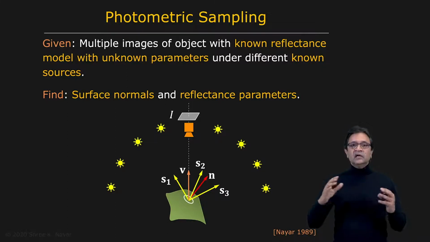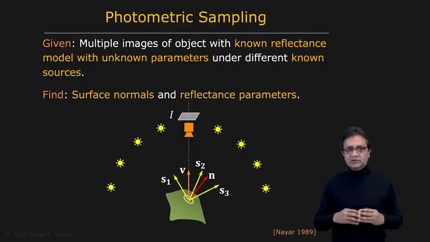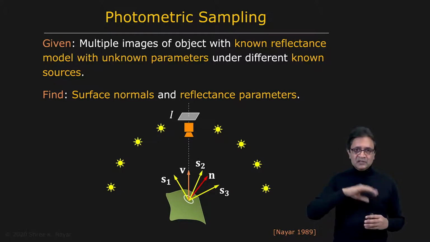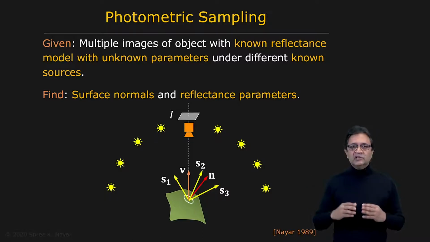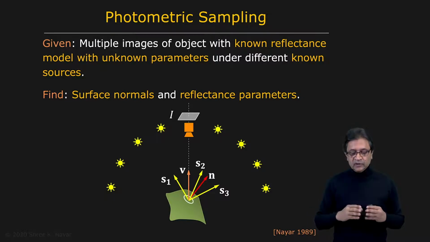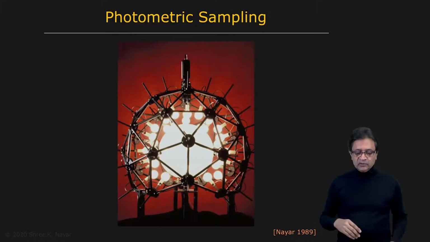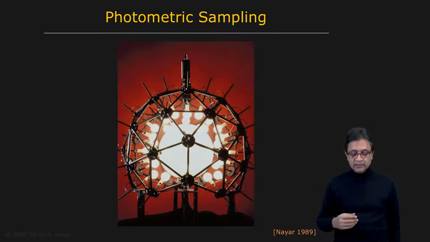We use an array of light sources, a large number of light sources, and today it's actually possible to very quickly switch between these light sources with LED technology, etc., scan the sources extremely fast, and use high-speed cameras to capture the images, and so you can get a larger stack of images, which then can be used to compute both shape and reflectance. So this idea was first explored in this technique called photometric sampling. So here you see the photometric sampler, where the object is placed in the center, somewhere here, and then you have this array of light sources, which are sequentially turned on.